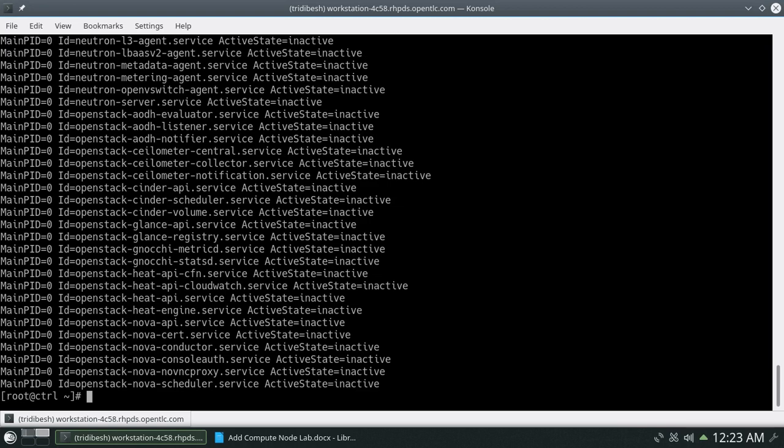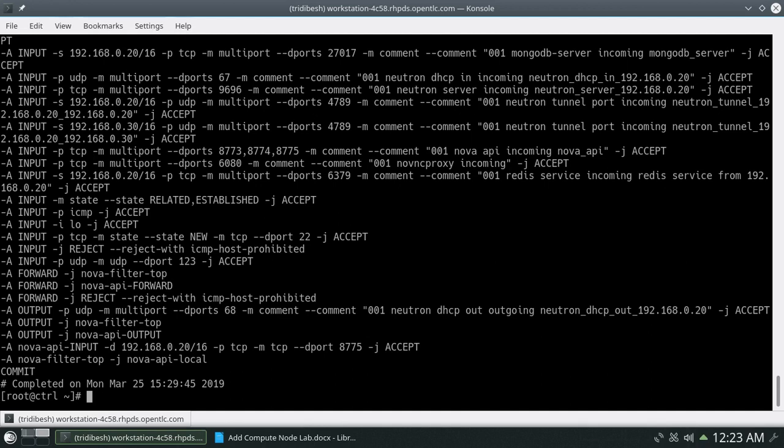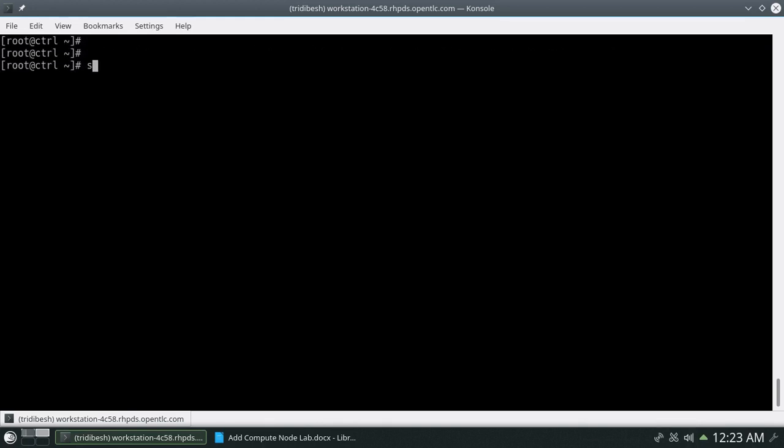So let's clear this screen and let's make changes to the IP table configuration file. So it's been changed. You can also cat this file to see whether it's been changed or not. So you can see all are changed to 16. So let's clear this and restart the IP tables rules.